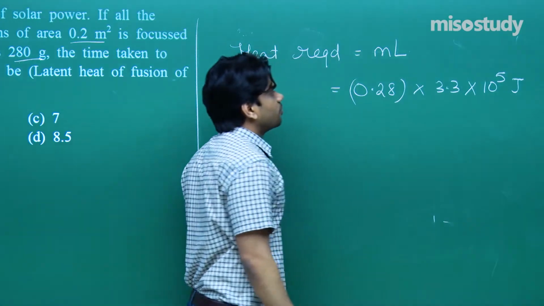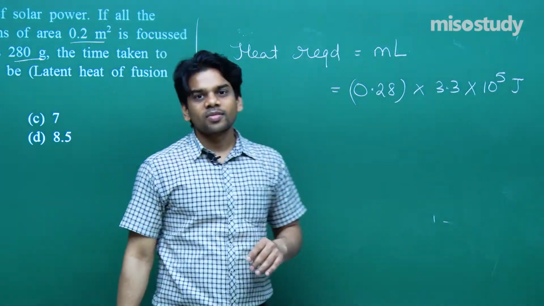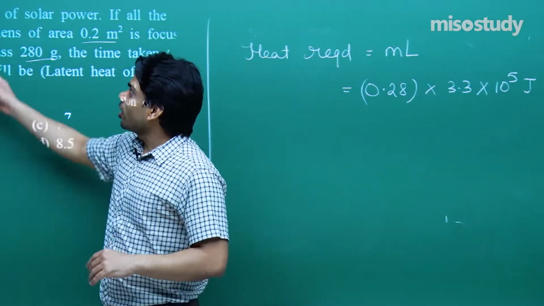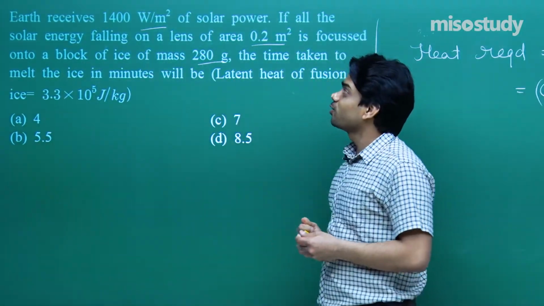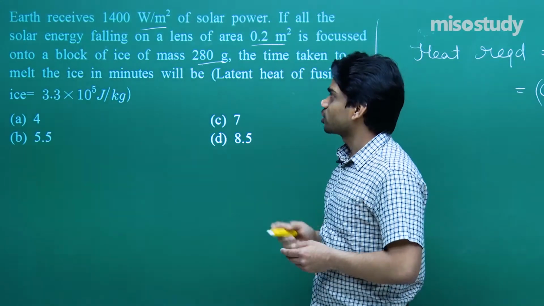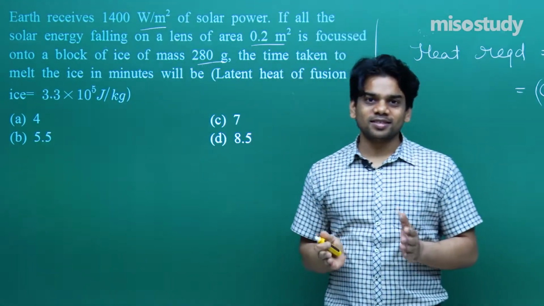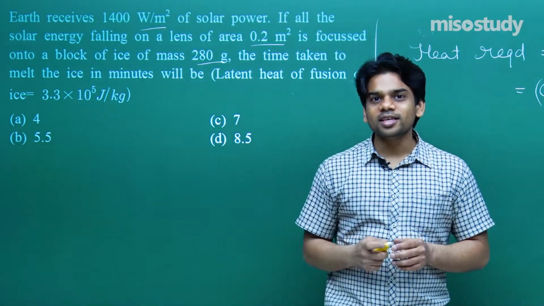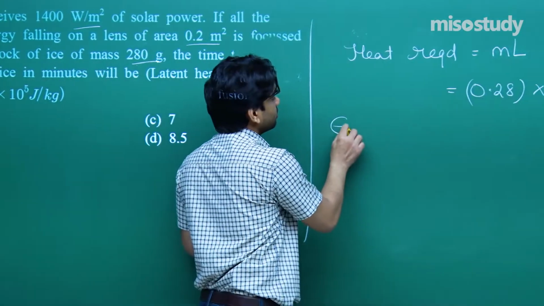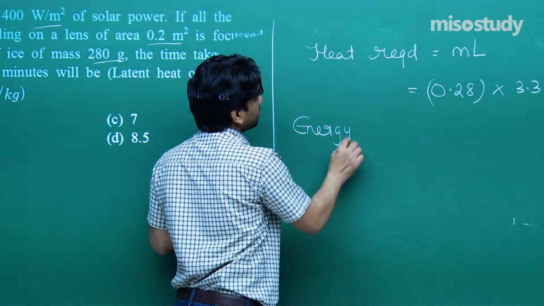This is the first thing, that is the heat energy required. Now 1400 watt per square meter of solar power is actually falling, and it's falling on an area of 0.2 meter square. So how much energy is actually falling per second on the lens? So energy received by lens per second,